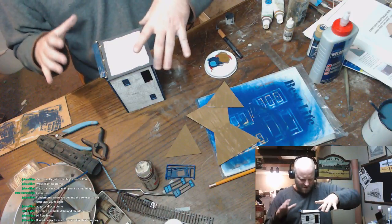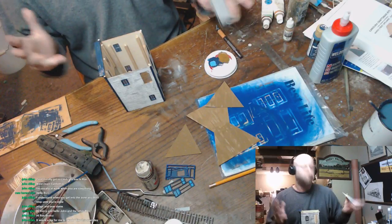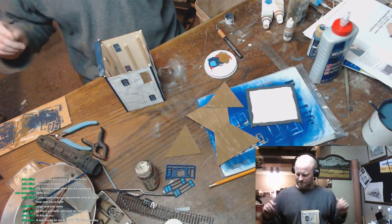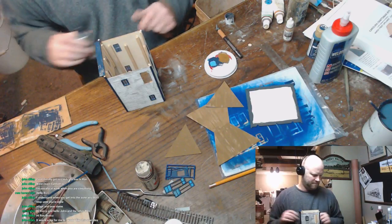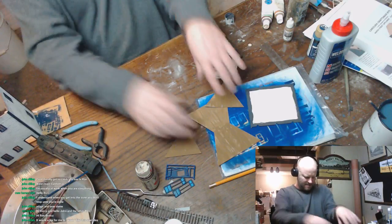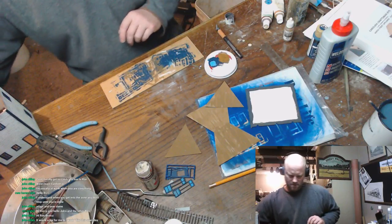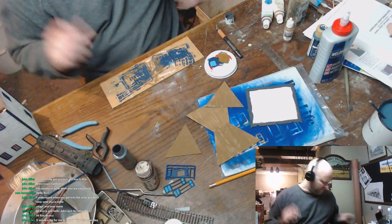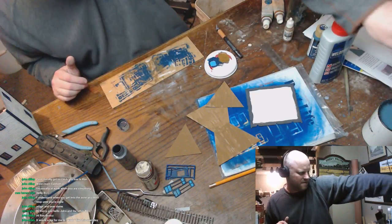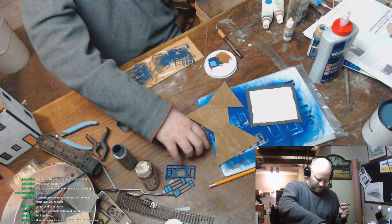Okay, we got wet paint all over this thing, and I'm being dumb. Okay, so let's start with that, and then another thing we can do is, this will make it on the floor if it stays there. Get that brush back. Another thing we can do is